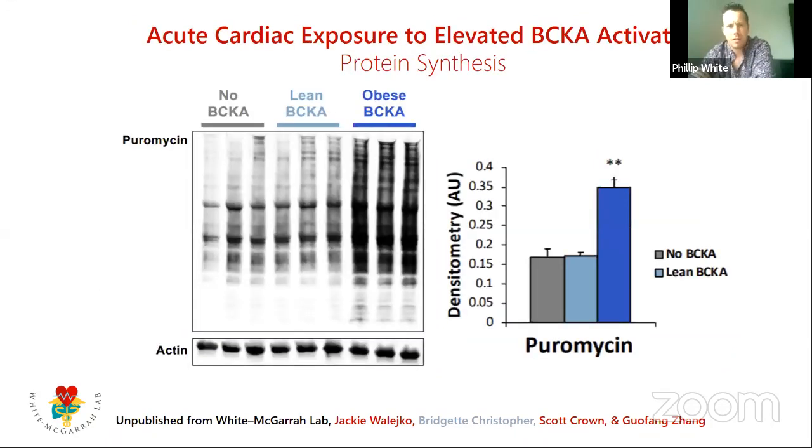So what is the consequence within the heart of exposing the heart to obese or high levels of branched chain keto acids that are within the physiologic range? There have been other studies looking at the effects of branched chain keto acids, but often these studies use hundreds of micromolar doses, which don't really occur in vivo and definitely not the levels we're seeing in plasma. In fact, when we go from lean to obese levels, we're going from a range of 10 to 12 micromoles up to maybe 20 or 30 micromoles, depending on the keto acid.